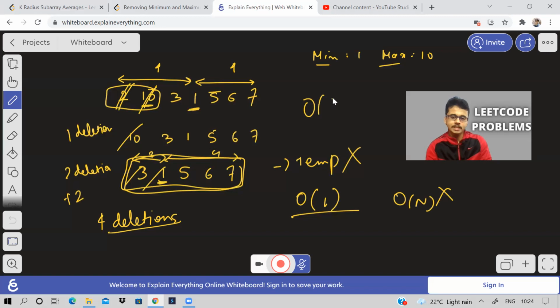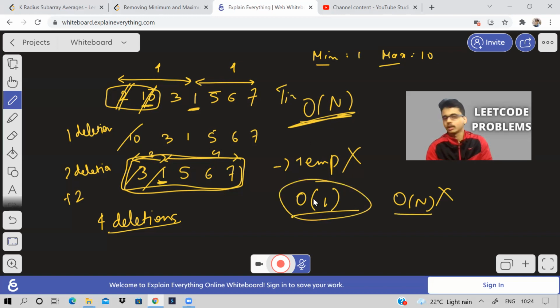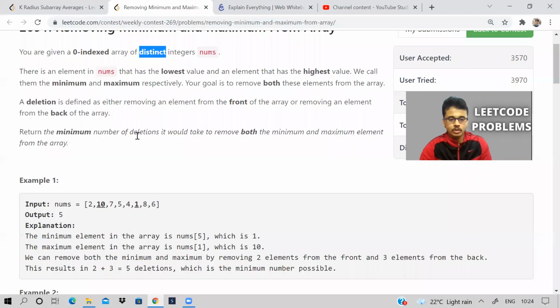But time complexity is same, O of n only. I don't think you can reduce time complexity to less than this actually. So time complexity is this only. But space, mine is taking O of n. You can do it in O of 1 also. It is simple implementation. So I'll show the code along with code only.